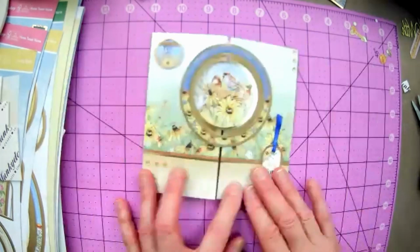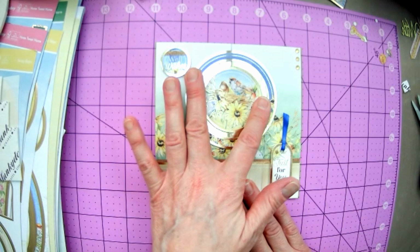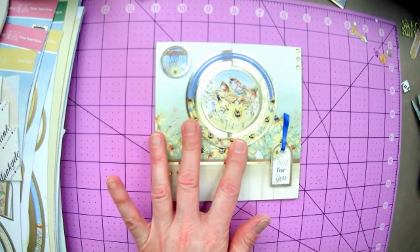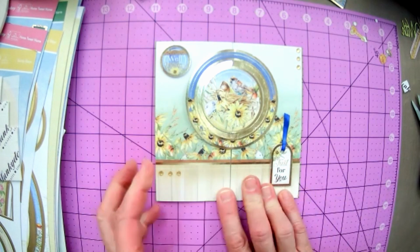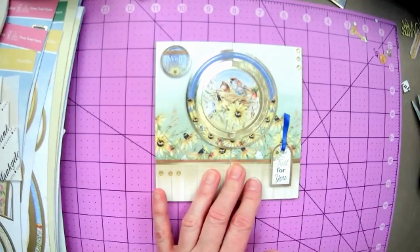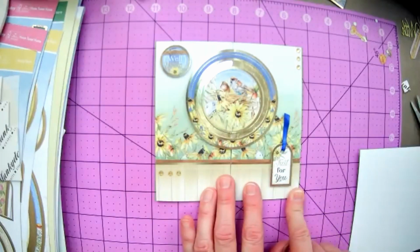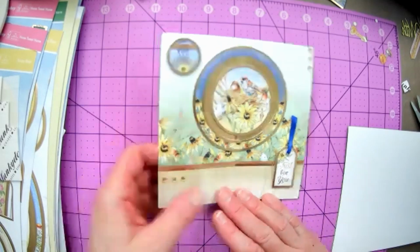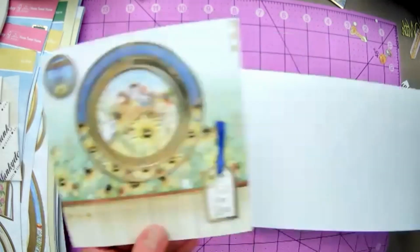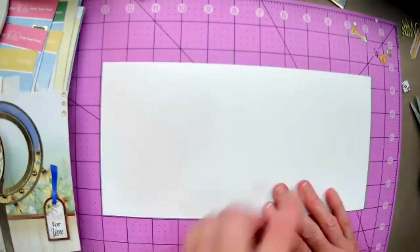So what I'll get you to do is, why don't we make the gatefold white card first, and then we'll pick out the embellishments that I use for this particular design. So this is a 5.5 by 5.5 inch square. So you need to cut a piece of cardstock that is 5.5 by 11. So basically you cut an